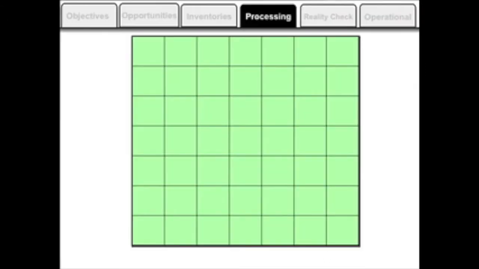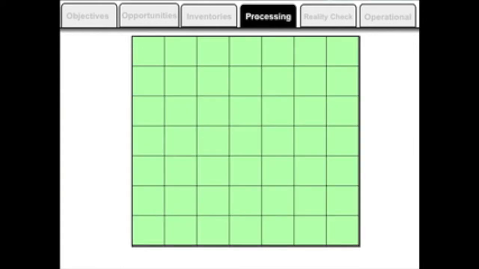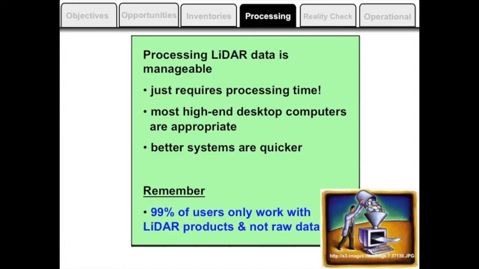And so one of the steps that we basically do, if this was a forested area, 100,000 hectares or whatever, we tile our data up into 1 square kilometers. Now your data is already tiled, I believe, in its delivered state. But when you get to the LAS data, basically push your tile data through. You can always mosaic it back to your area of interest. It's the products that you work with. 99% of the people are only going to work with the rasters that you develop.